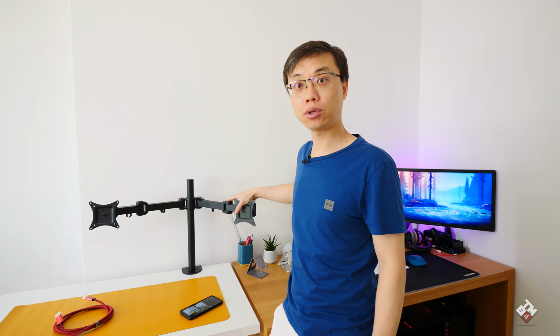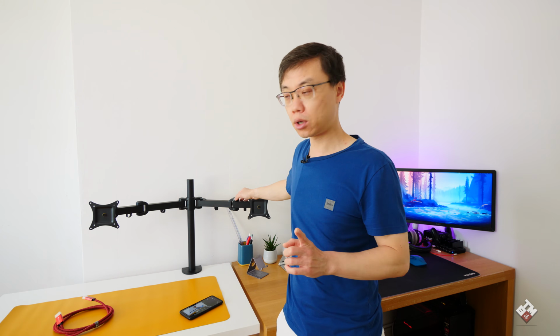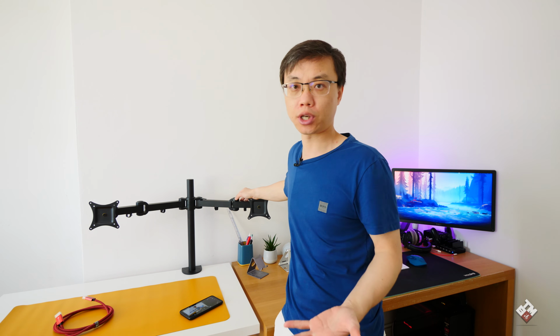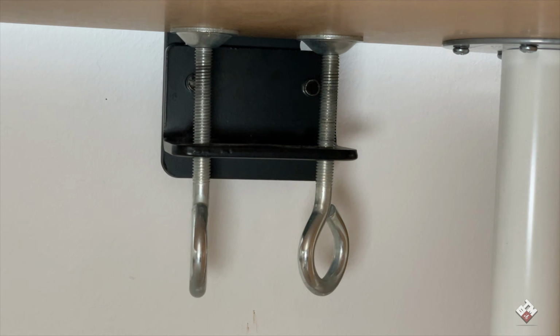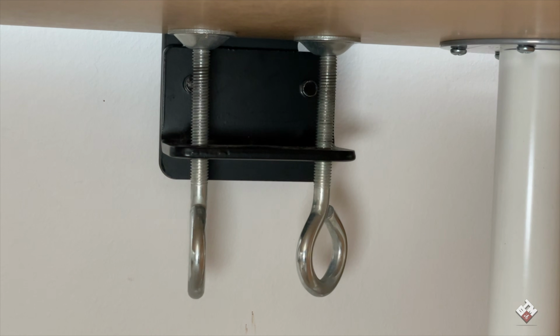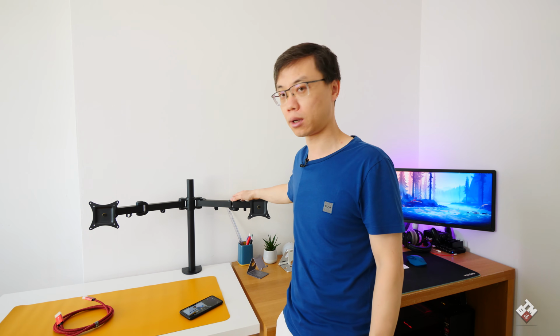Overall, the majority of them are very well built and quite sturdy. So if you do want to go with this sort of style, or in fact any style of monitor stand, I would suggest you get one with the two security screw mounts at the bottom. That will actually give you more stability for the entire stand, especially if you have two larger monitors mounted